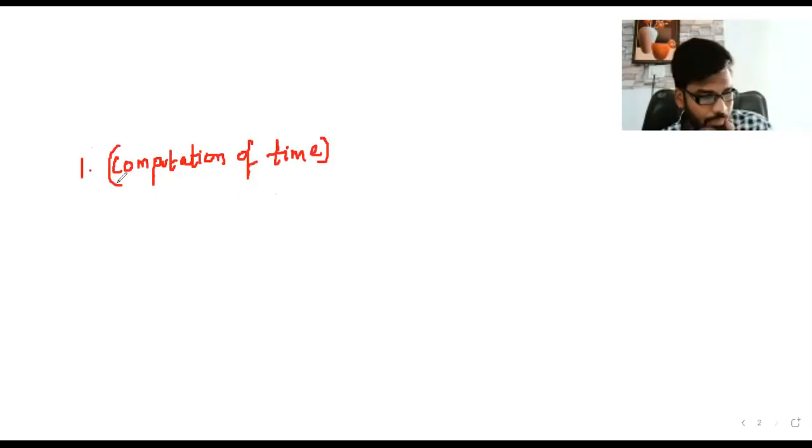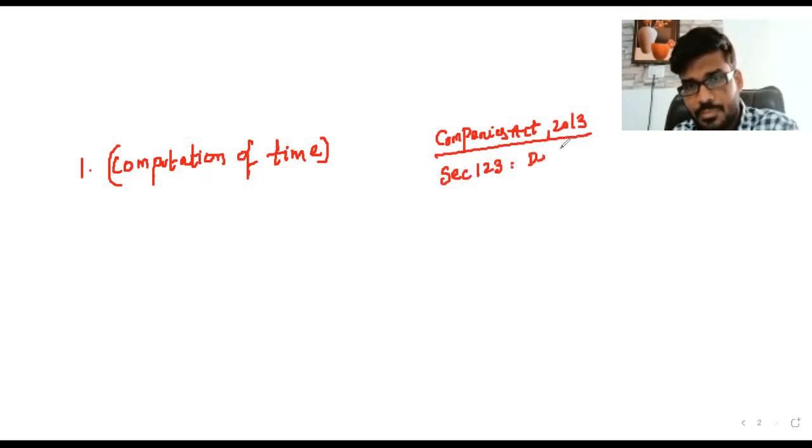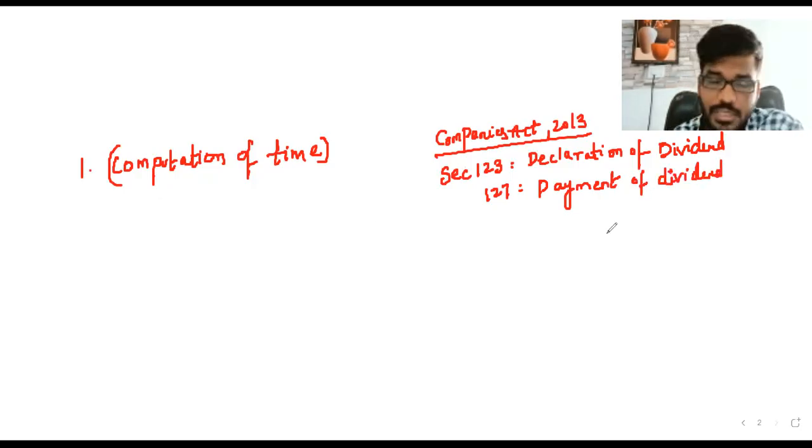Sir, how do you compute the time in case of any central act, whatever the central act may be? In a central act, we are counting some days. A simple example, sir: in the Companies Act 2013, section 123 is declaration of dividend. After that, we discussed section 127, the payment of dividend. Simple criteria: the Companies Act 2013 clearly says 30 days from the date of declaration